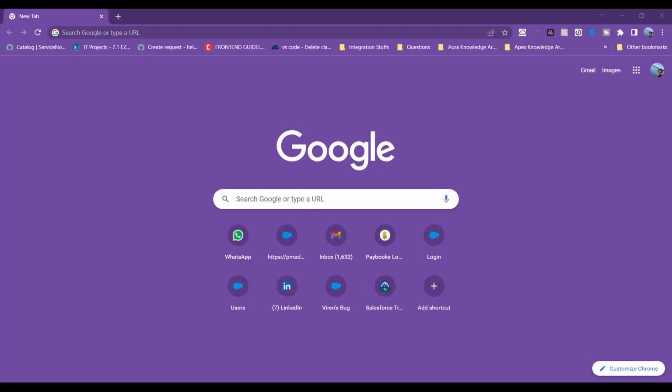On Google, just type Salesforce sign up. Simple. It will provide you a free sign up org. So here is the website where you can sign up for free. And now for Pradeep, we are going to create an account.